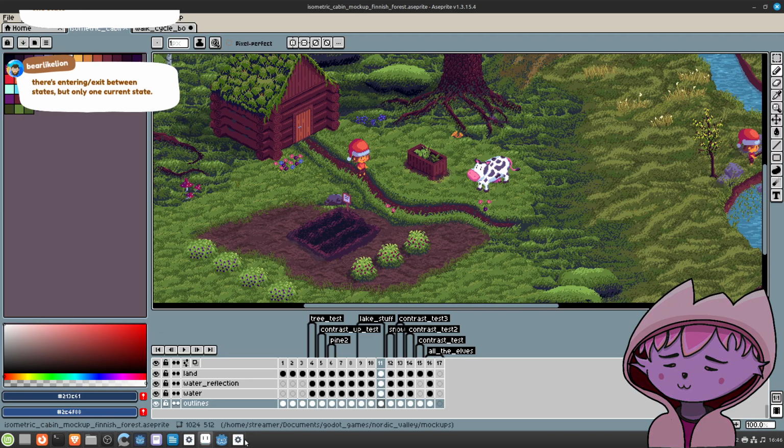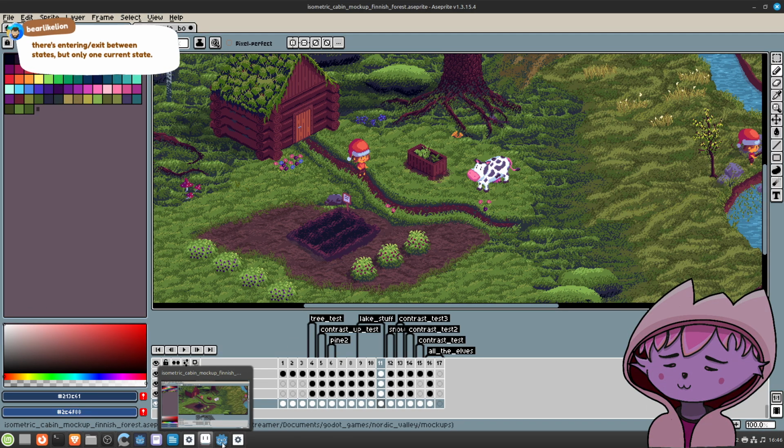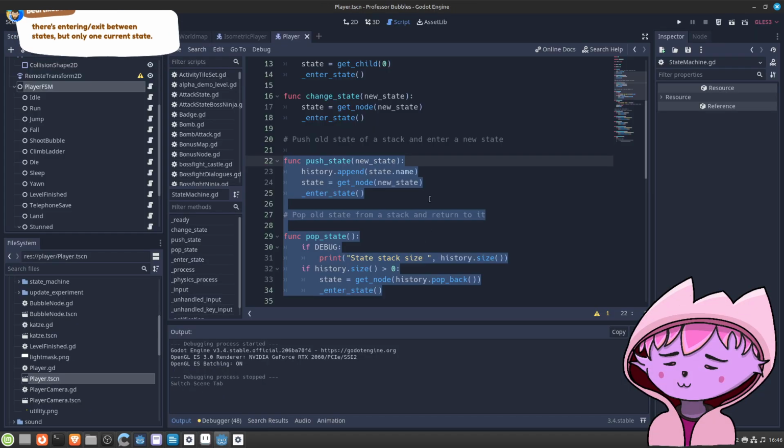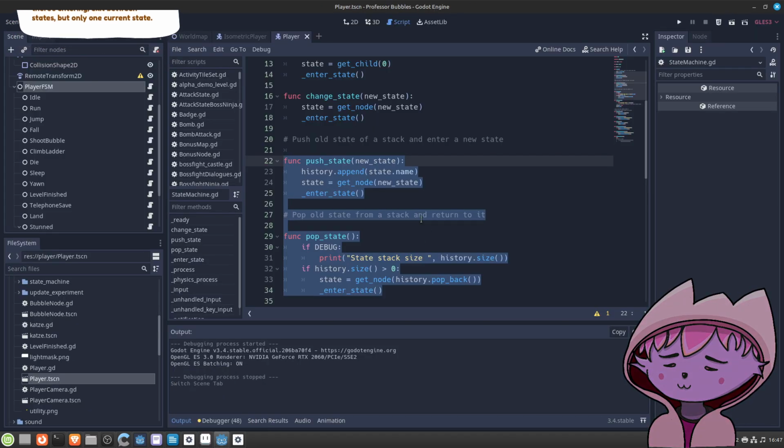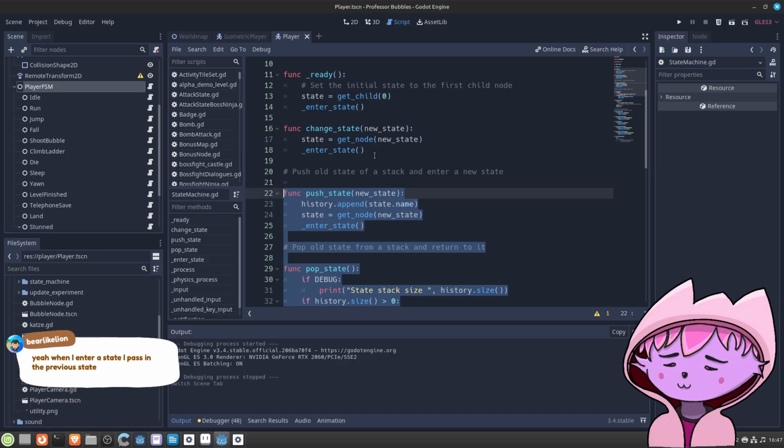Yeah, I've got the same feeling when I was fiddling with this state machine. I think I ended up just using change state.